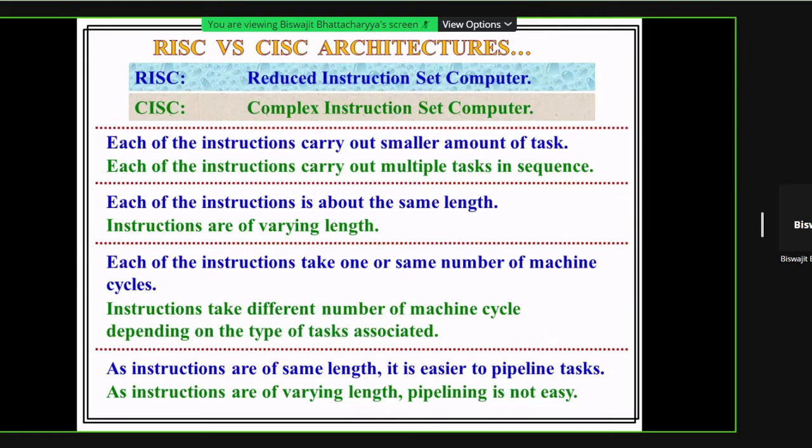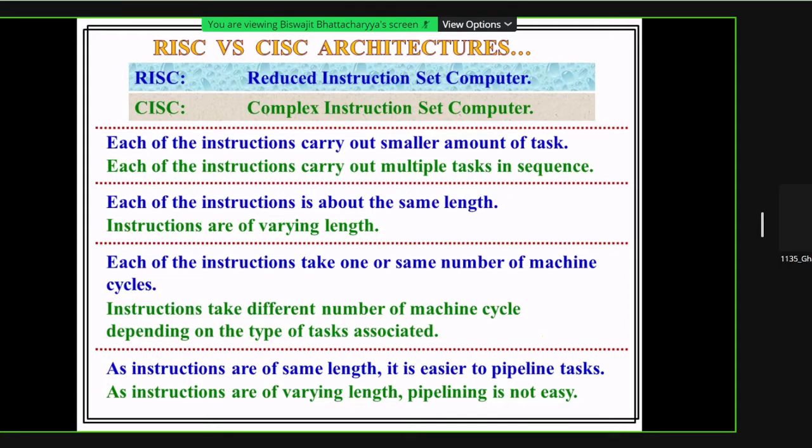That is happening in a RISC processor. In CISC, what happens? Each instruction can carry out multiple tasks in sequence, one by one. So that is a complicated task.